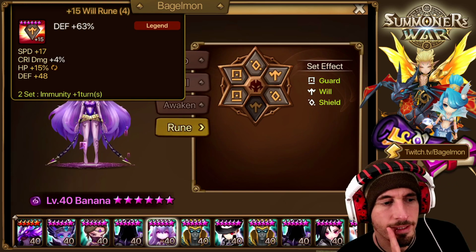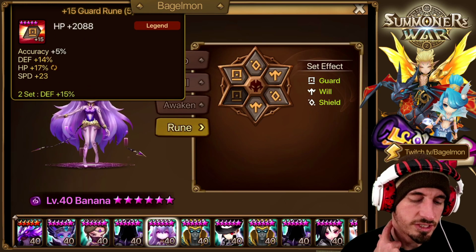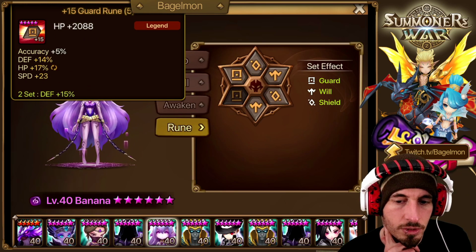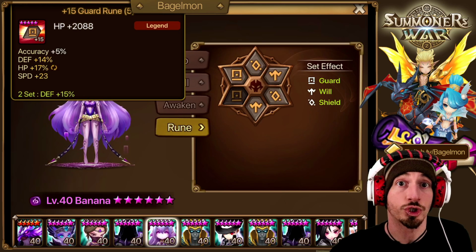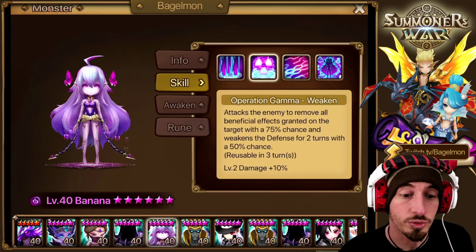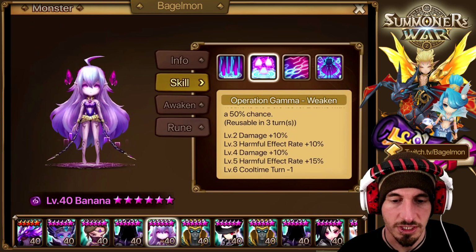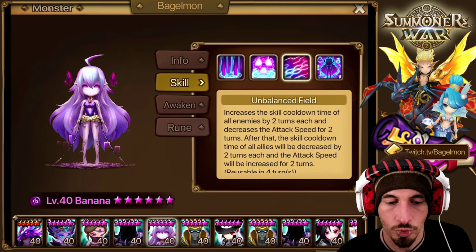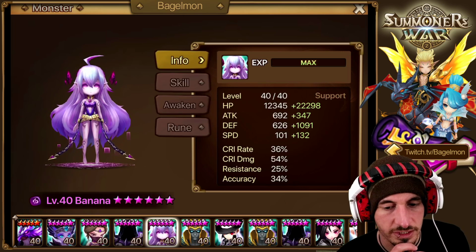You know what this is? I think this is probably used, again, similar to Diaz for Siege, because Shield Will usually indicates it is on a turn 2 cleave team. So this could be used like that. So let's see the skills. This is a strip and defense break, and this is a skill cooldown and attack speed break. Okay, interesting, but it looks like this is for...